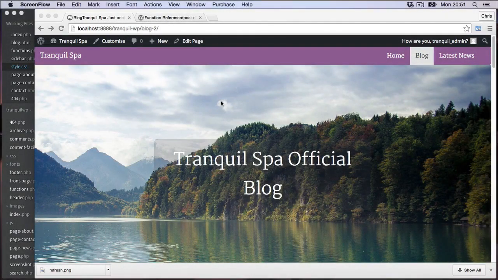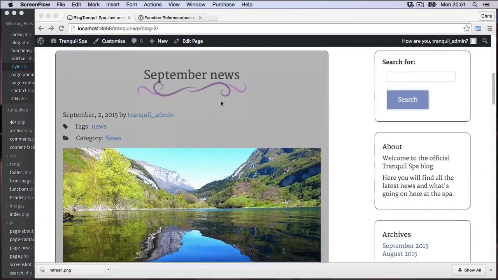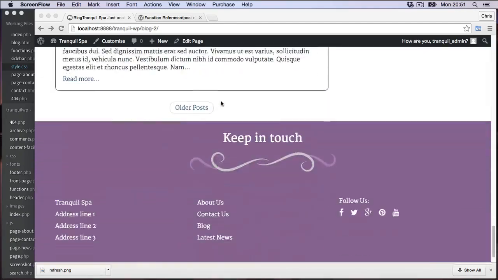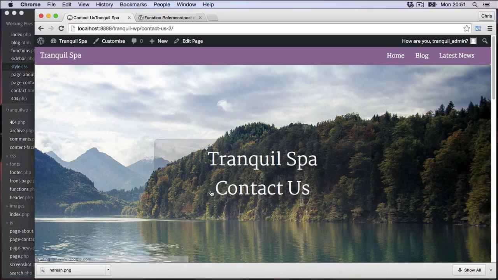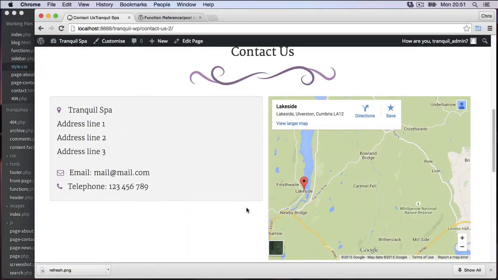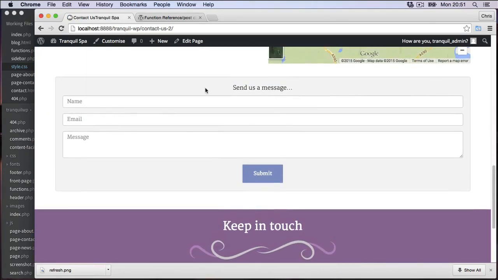Welcome back. Earlier on in the course we created the Contact Us page and the link is down at the bottom in the footer. If we go into the Contact Us page, we've still got the Bootstrap design at the very bottom for the Send Us a Message section, but it doesn't actually work at the minute because it's just HTML and CSS. So in this video we're going to make sure that this works by using a popular plugin